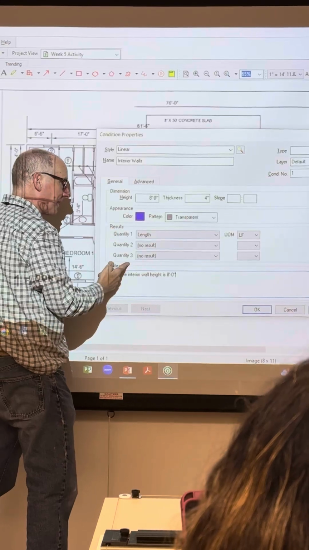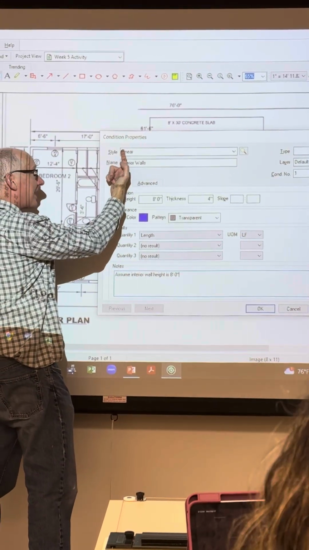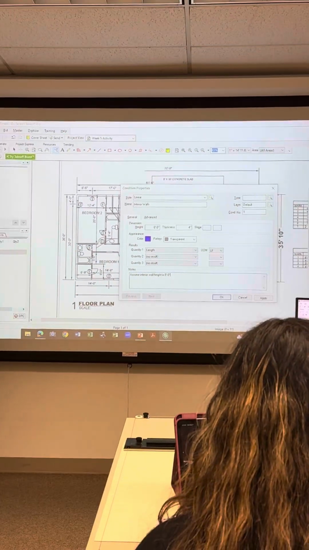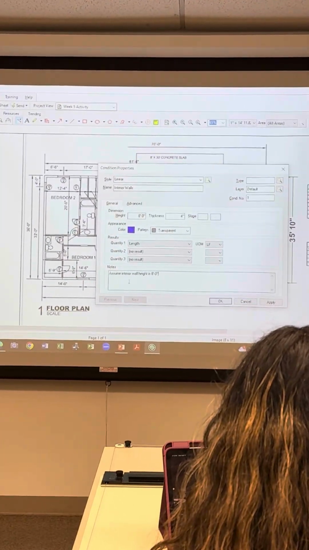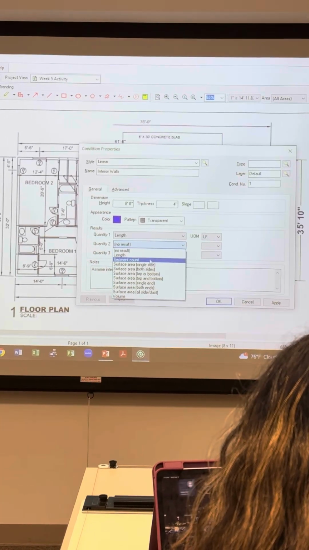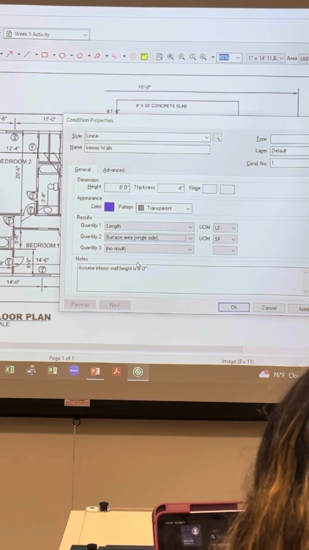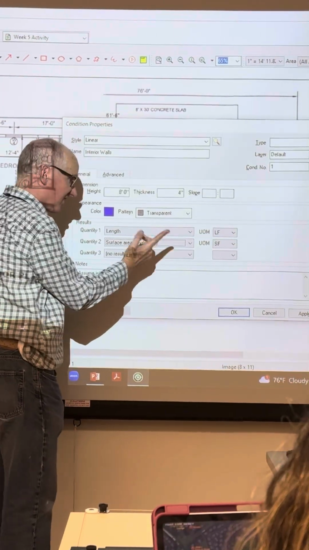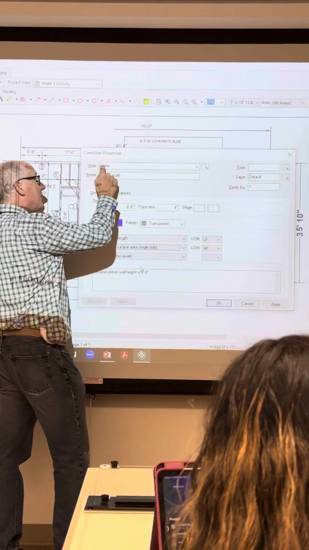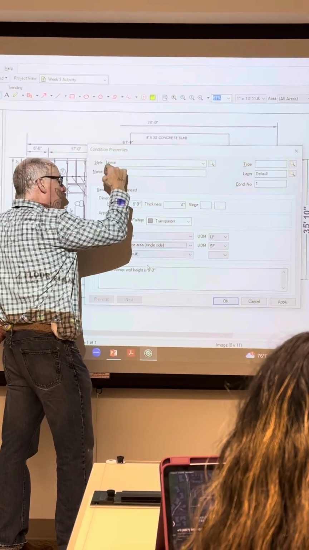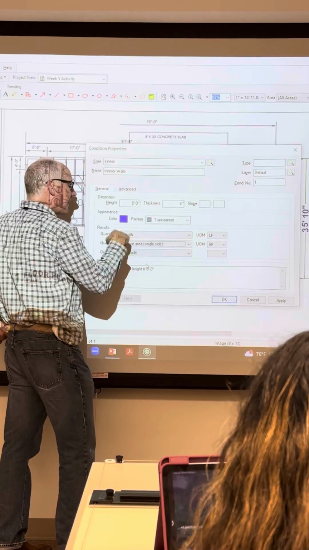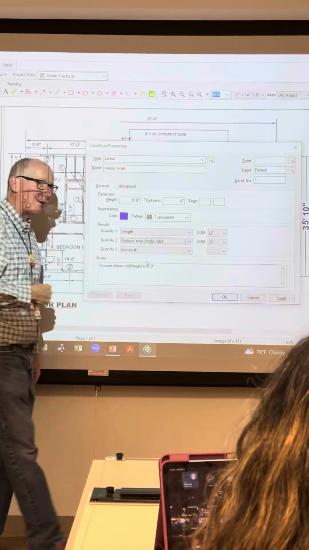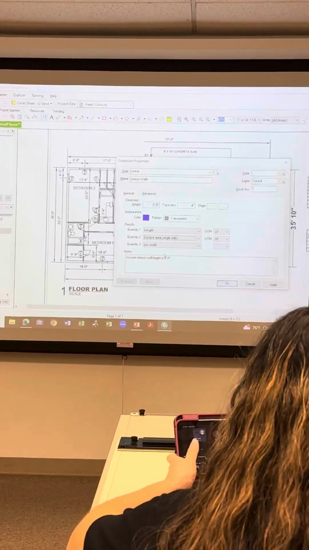And notice here it's the quantity. Because right now the condition we set up is linear, so it provides length in linear feet. Notice here that if I go to quantity 2, I can say surface area, single side. So I'm going to do a linear takeoff, but with a provided height, I can achieve a second quantity because I'm providing that height to achieve a square footage. So then I hit OK,